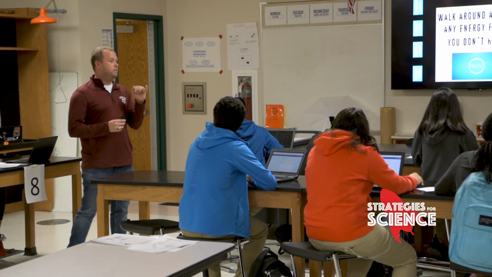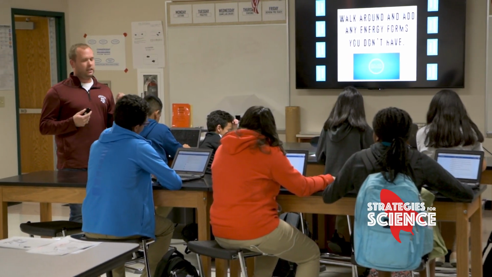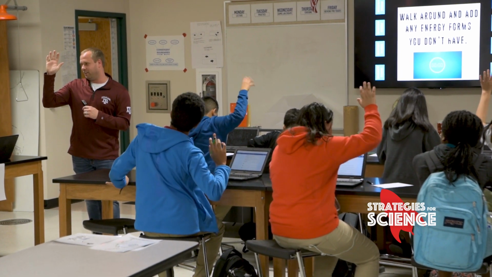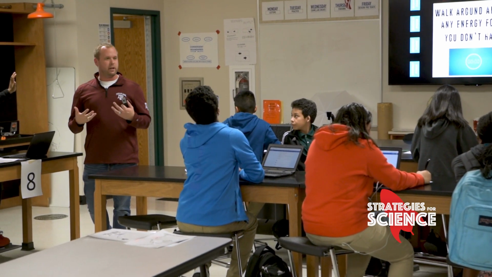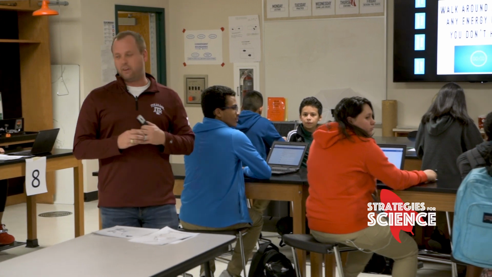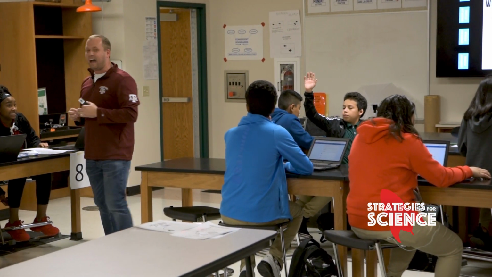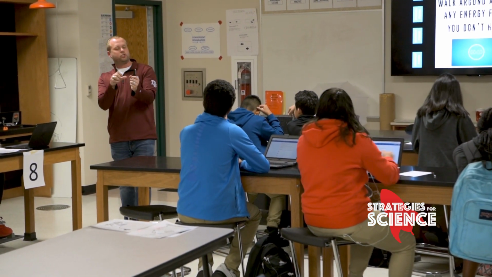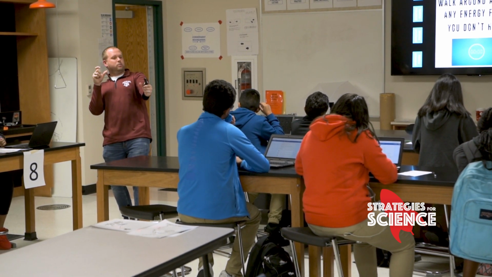What were some of the ones that you originally didn't have, but you added after? Go ahead. Electromagnetic. Electromagnetic, okay? How many of you didn't have electromagnetic? Be honest. Yeah, okay. A lot of you. That's okay. That's one that we forget about a lot. Does anyone remember what picture was next to electromagnetic? Very good. A microwave. Okay. What's another one that you originally didn't have, Tori? Elastic potential, yeah, right? So elastic potential is when we stretch things back. Now, as we stretch them back, what are we increasing? The potential energy. Very good.